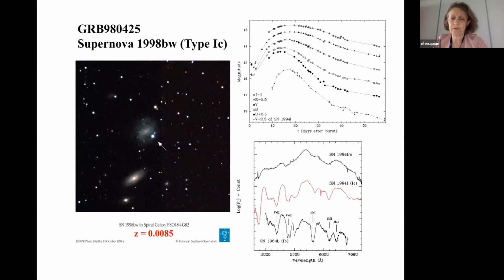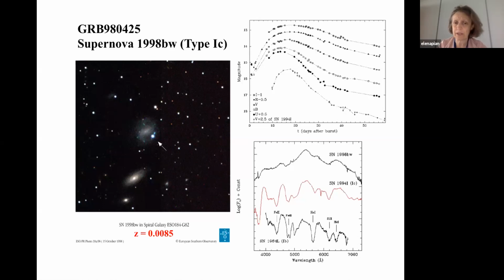The characteristic of this supernova is that it's a so-called stripped envelope core collapse supernova. Supernovae come in two flavors: thermonuclear supernovae, so-called type Ia, and core collapse supernovae, which are the final fate of very massive stars. We know today that gamma ray burst supernovae are all core collapse supernovae, very much stripped envelope, meaning without hydrogen and without helium in their spectrum.